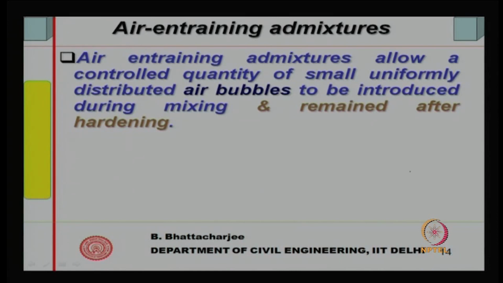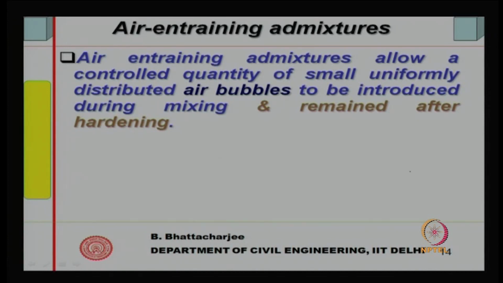So, this was the second variety. There are two varieties that we have seen other than water reducing agent. One is the retarders and the second one is the accelerators. Now, the third variety is air entraining admixtures, largely used for